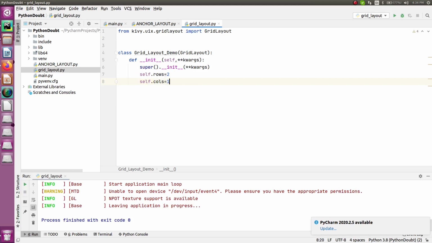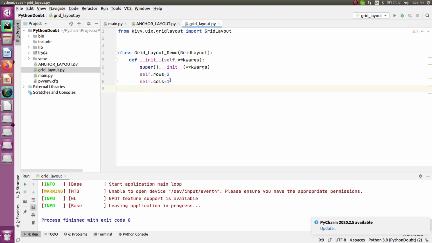This is how I'm going to place the widgets. You can see, firstly I have specified the number of rows with the command self.rows equals 2, which means you have set the number of rows as 2 and the number of columns as 1. Similarly, if in your case you have multiple other widgets, you can specify the number of rows and columns as per your suitability.